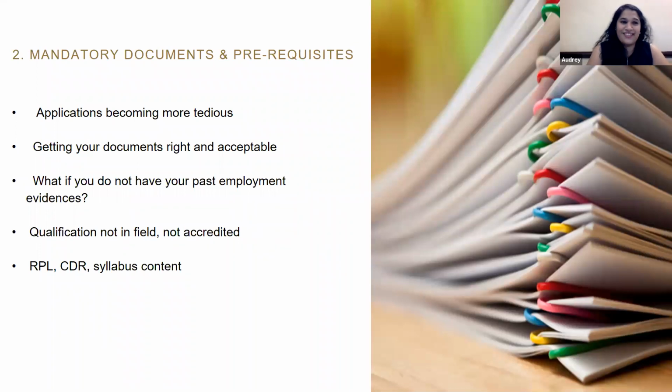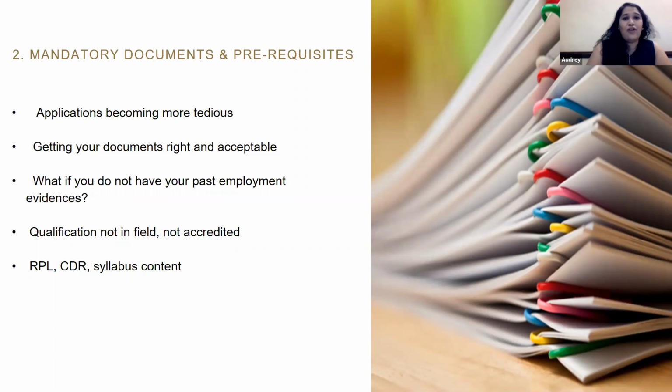Number 2, the biggest headache usually, mandatory documents. Okay, the documents and the prerequisites. Usually clients go scrambling after a consultation, because they notice the documents they need to come up with, because applications have become more tedious. If you applied for migration like 10 years ago, it used to be so simple that you just needed to have a degree. Okay, with your degree, you just put it in, 3 weeks later you get your skills outcome for your occupation. It used to be so simple, but now applications are becoming more tedious.